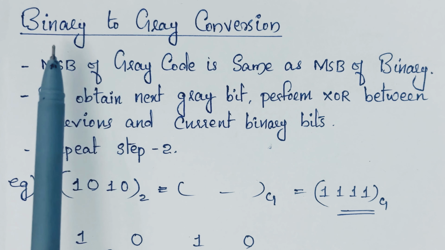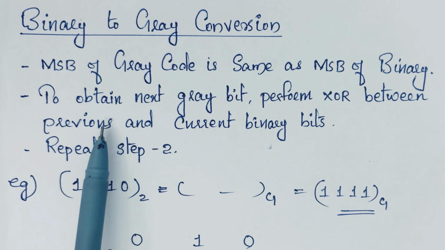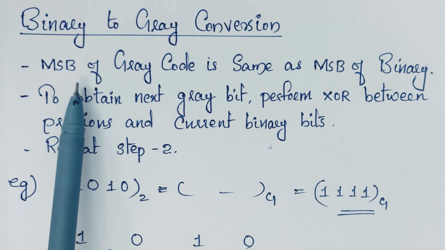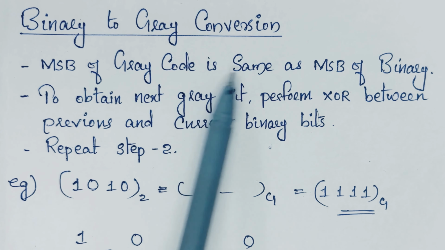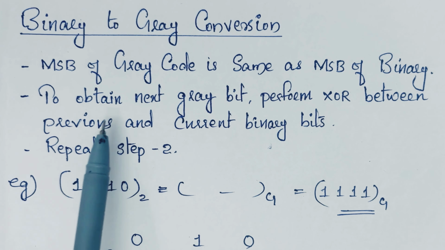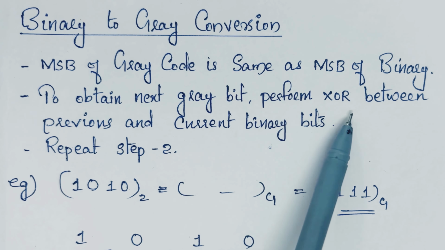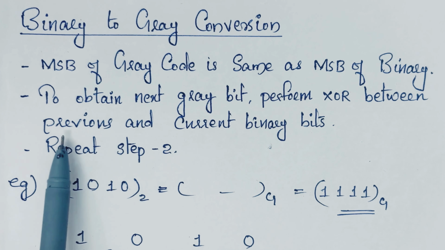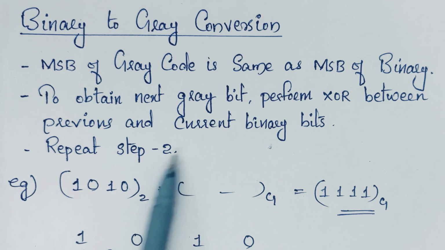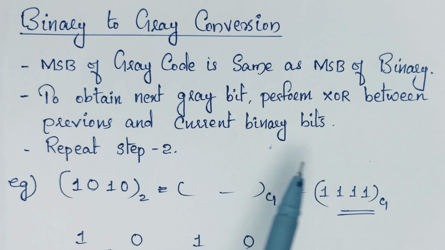Now we will learn how to do binary to gray conversion. So these are the steps for the conversion of binary to gray code. The first step is to write the MSB of the gray code the same as the MSB of binary. Then the second step is to obtain the next gray bit: perform XOR operation between the previous and current binary bits. And then we need to repeat step 2 until all the binary bits are converted into the respective